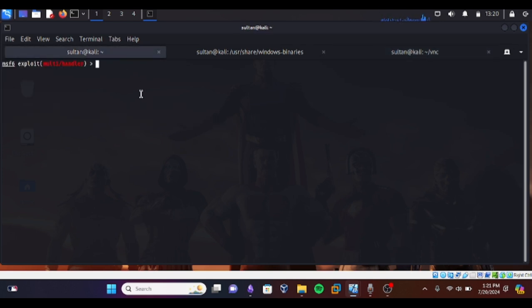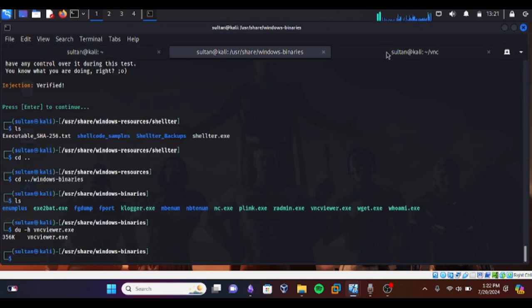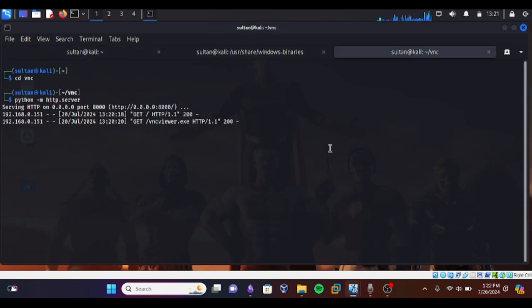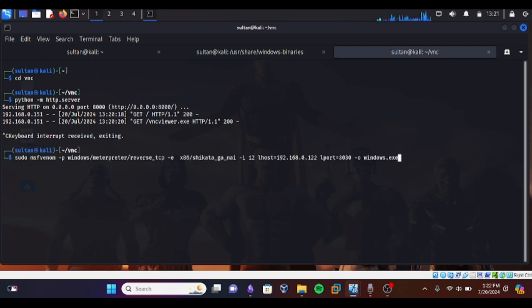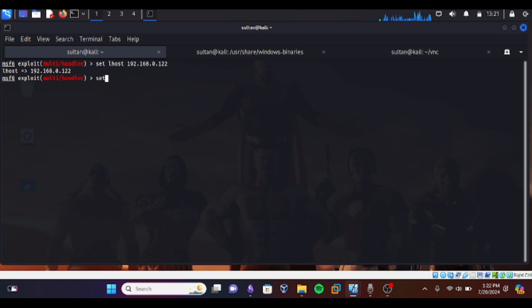When you open Metasploit, we're using multi/handler to listen for connections. You can set the host to our IP, and set the listening port to 3030.